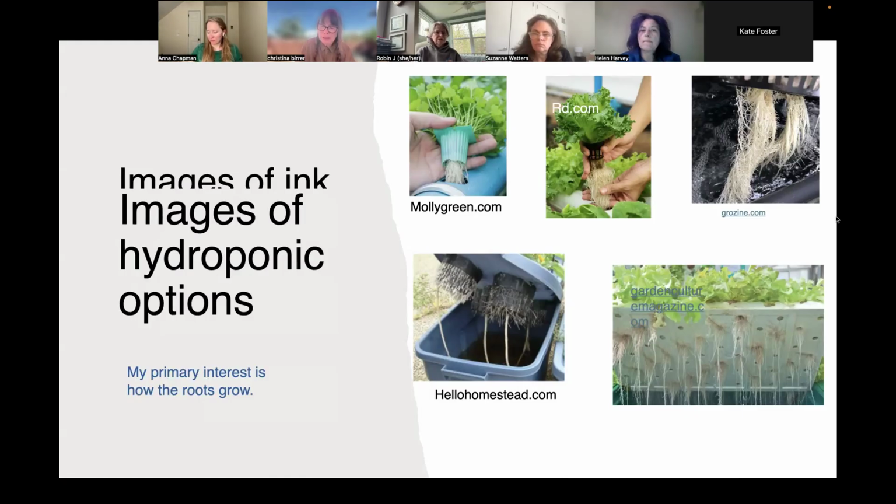So I did some research on it. I have an idea of the kinds of plants and the kind of system that I would use. But right now, and maybe it's because it's still not really terribly warm here, that's just taken a back seat to the natural inks.